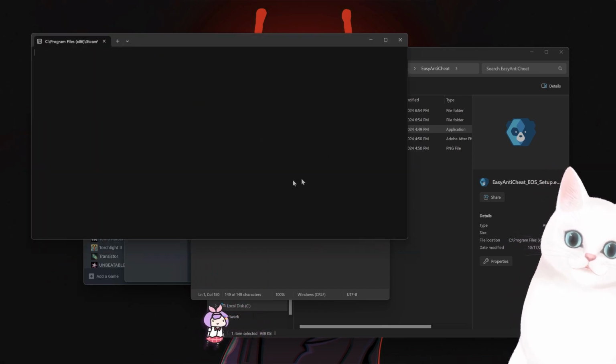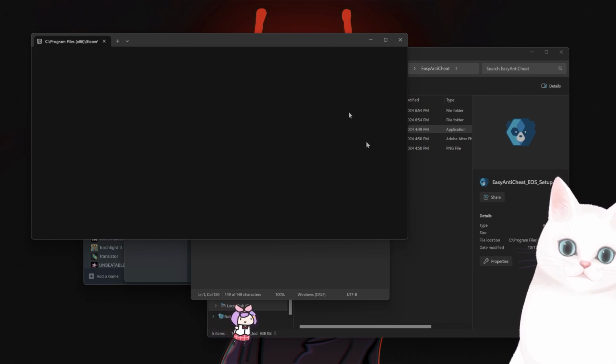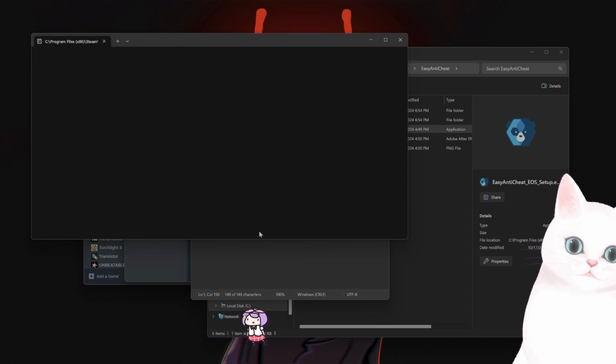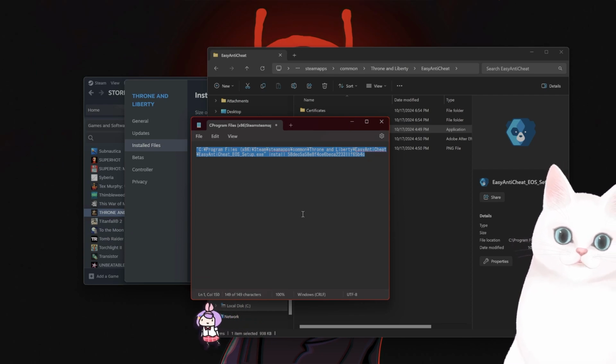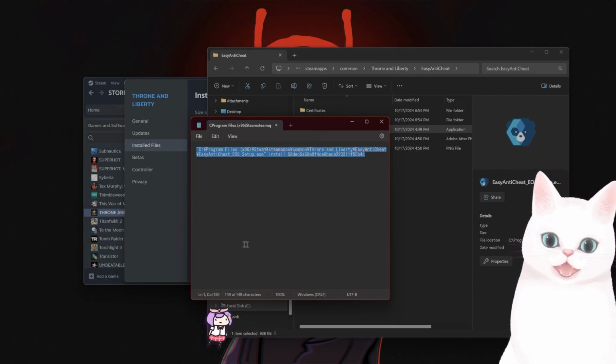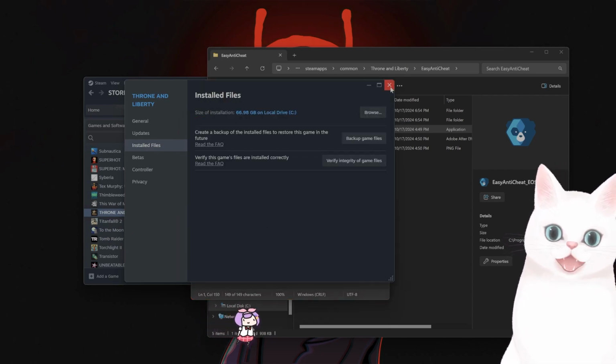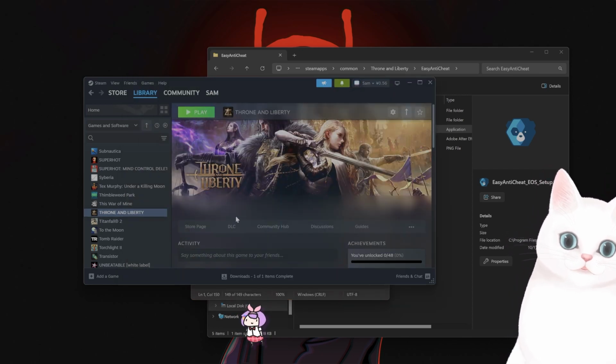Now this will come up with this dialog box. You want to click yes, and it is finished. And once you have done this, go back to Throne and Liberty and start it, and this should have solved